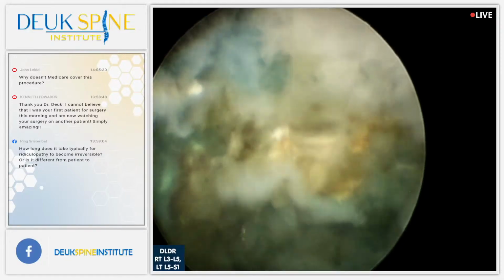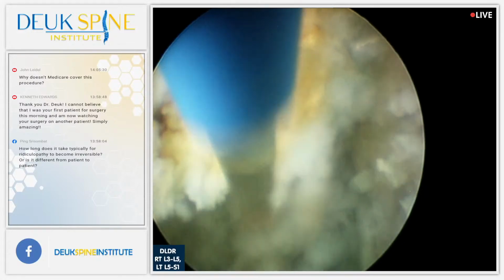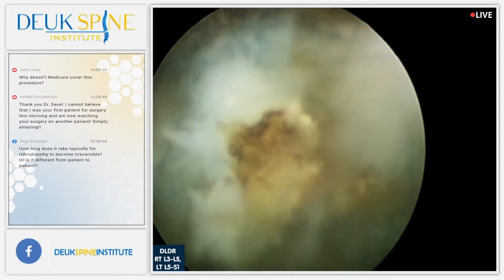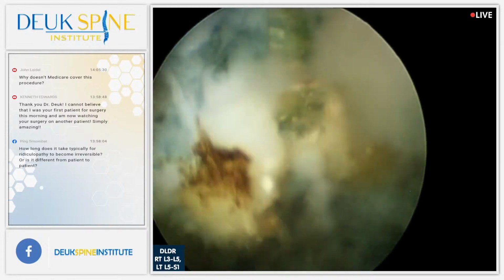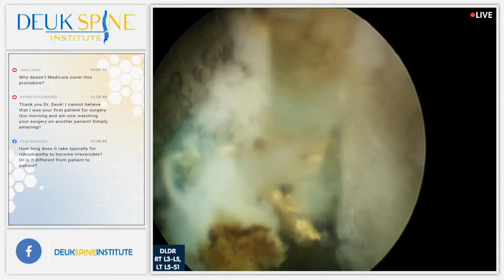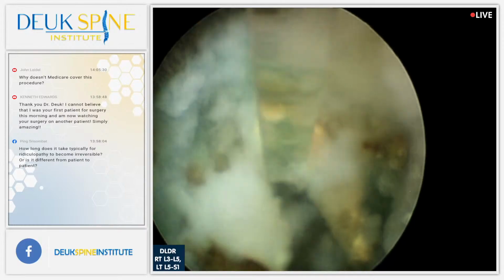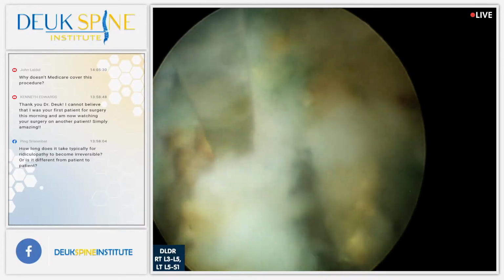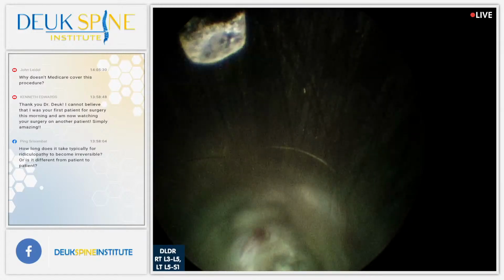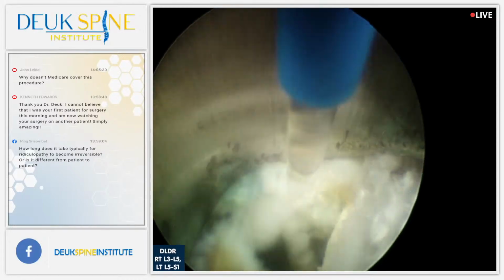So the point is, the treatments that are available to people with radiculopathy in the United States and the rest of the world are bad treatments. Treatments that don't work, and they're treatments that lead to more treatment. And the additional treatments aren't much better. They don't really help either, like epidural steroid injection or fusion or whatever. They recommend pills. The point is, they're making money on you even though they're not actually fixing your problem. And they'll tell you right up front, this probably won't work, but it's worth a try, and it's the only thing we've got. At that point, you should leave and you should come literally and get this procedure done,